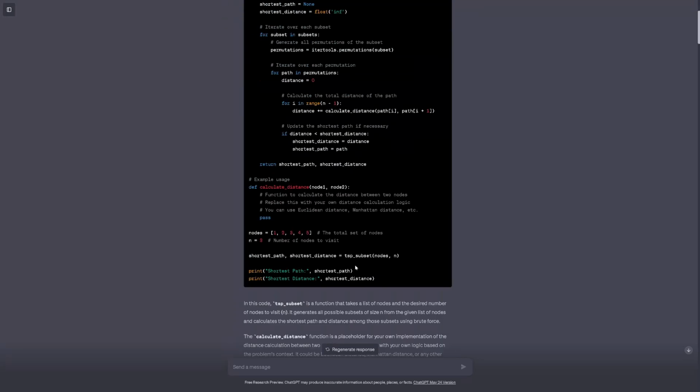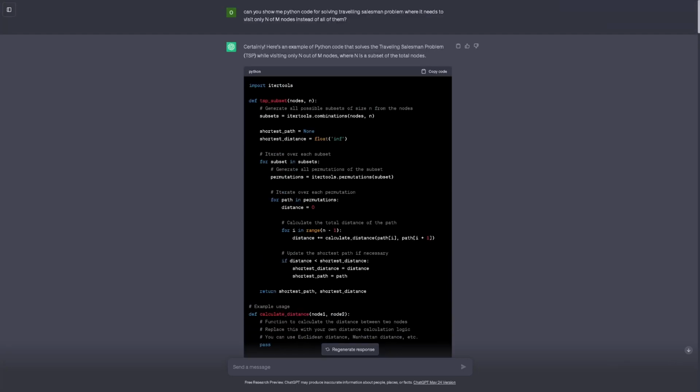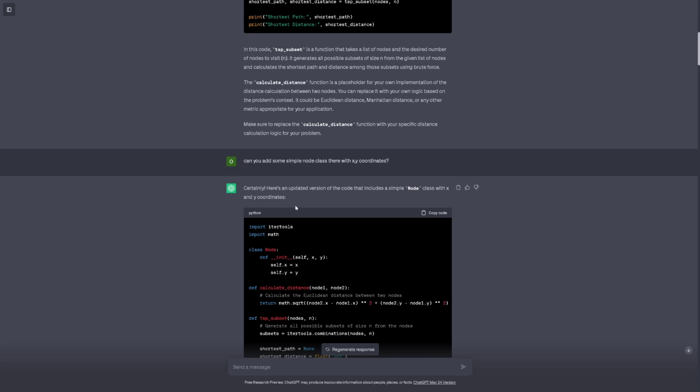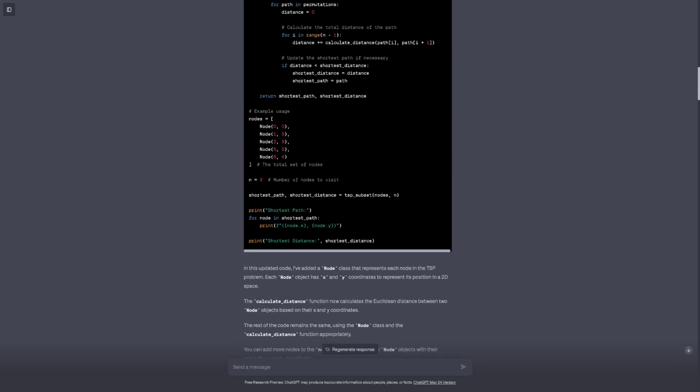And it generated some code, and it was just showing some arbitrary properties of the algorithm. It didn't use any node coordinates. It was basically just numbers. So I asked it, can you add some simple node class there with XY coordinates? And it did. So I tested it locally, and when I fed it, instead of just this list of nodes,